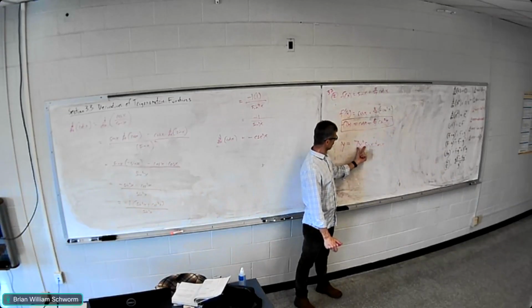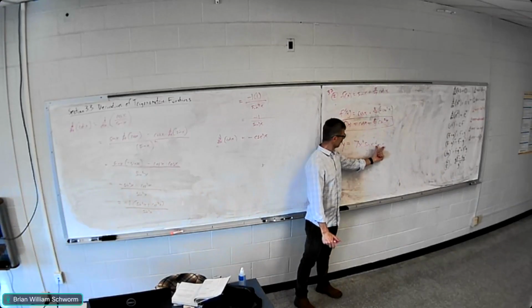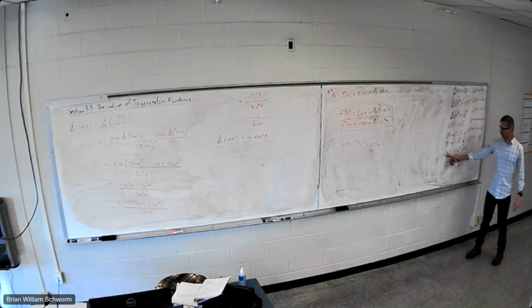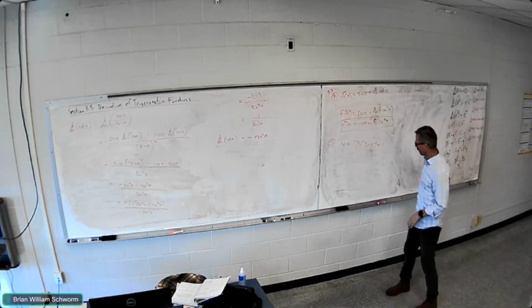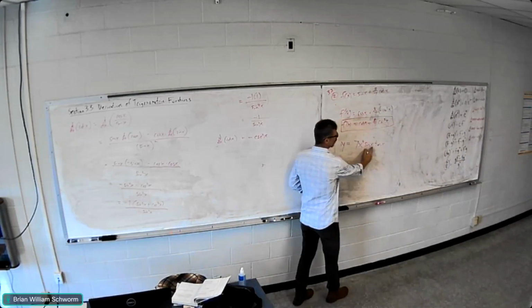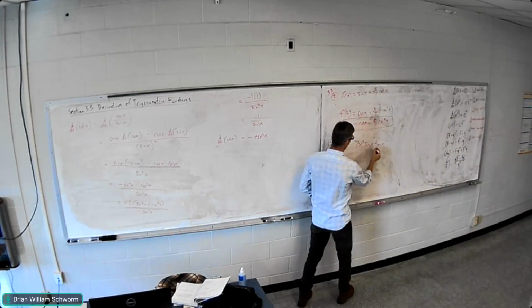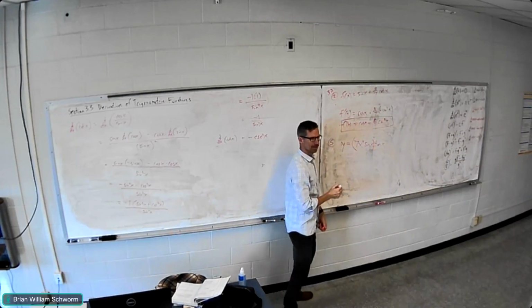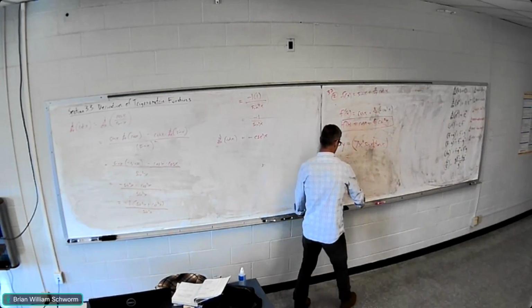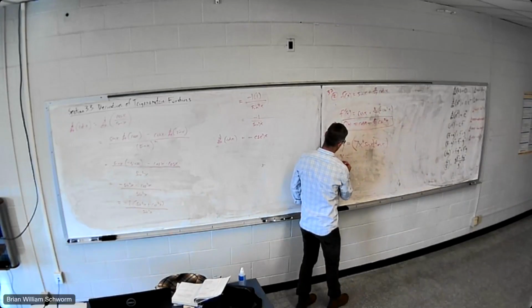7x squared, sine of x, tangent of x. So I have to start with the product rule. Product rule deals with just 2 functions being multiplied together, but I could use it repeatedly for 3 multiplied together. If I do this slowly, instead of thinking of this as 3 functions, if I temporarily think of it as 2. There's the first one, here's the second one. The derivative